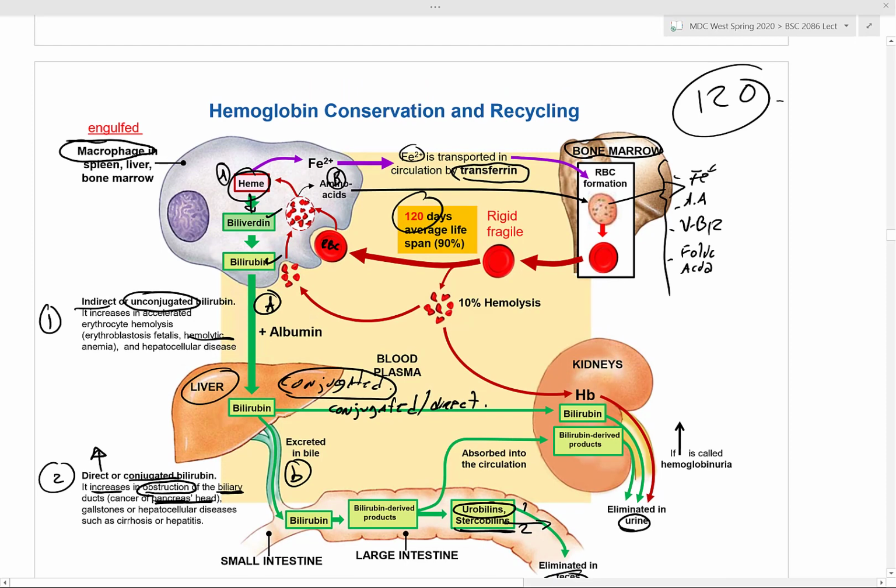So now we're going to go into the whole cycle of the red blood cell. Ready? So, how are we recycling? Who's the best recycler in the world? You are. All of us are. Because our body maximizes everything that we need and everything that we use. Your body does not discard anything as waste if it can find a good use for it. So this is one of the examples.